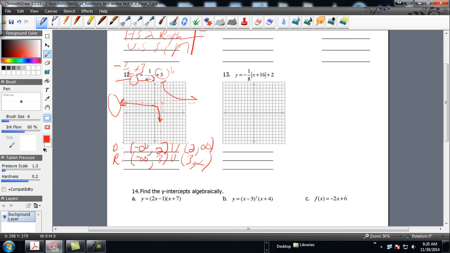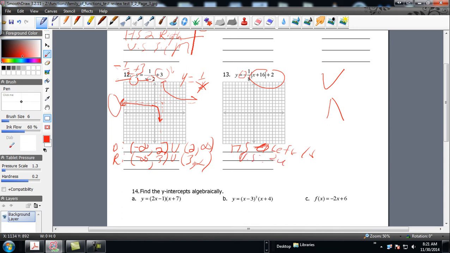Simple. No big deal. Who's the parent function? y equals 1 over x. Now, absolute value, quick sketch. There it is. The negative sign says flip it. Got it. This says shift what? Horizontal shift, left 16, left 16,